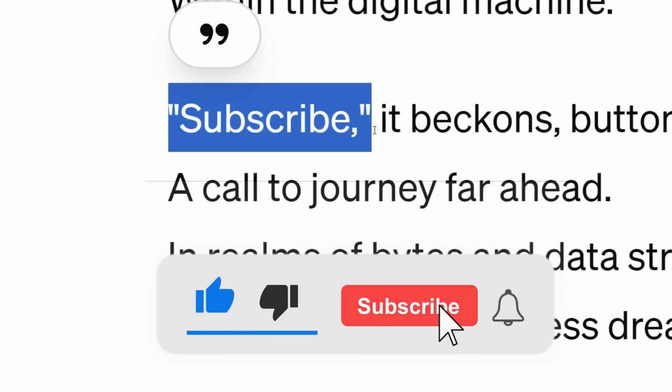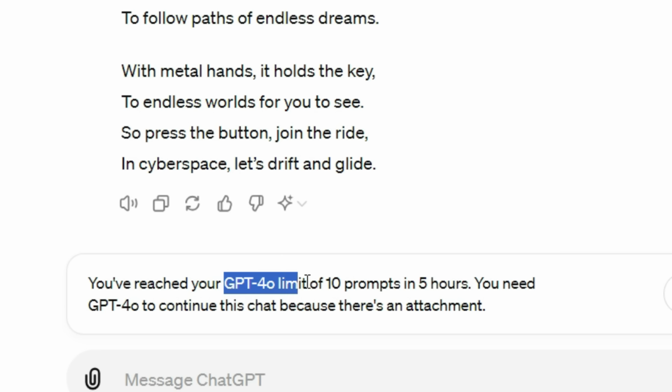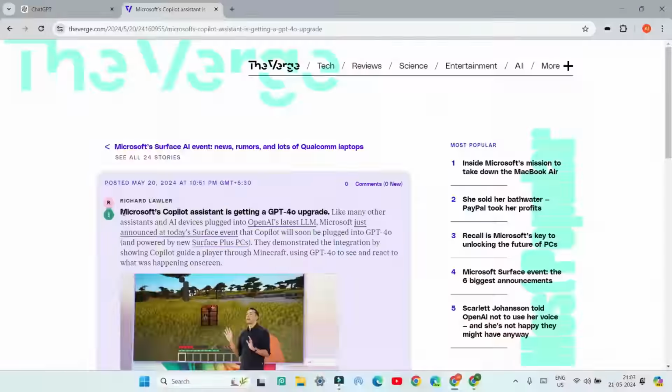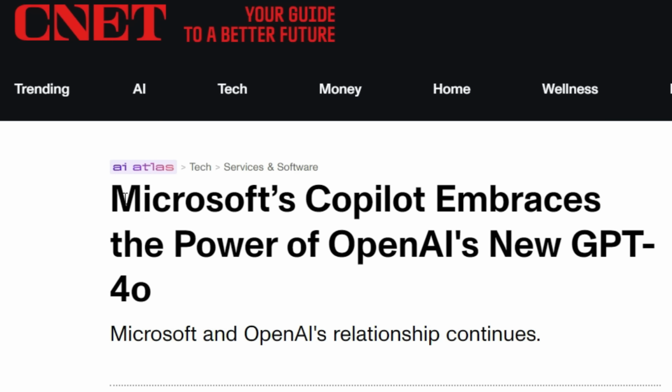Now you might be wondering how you can get unlimited access for GPT-4o. Normally you get around 10 prompts free for 5 hours. But here's the trick. We are going to be using Microsoft Copilot AI, which runs on GPT-4o. A few days ago, Microsoft made an announcement that Copilot AI is going to run on